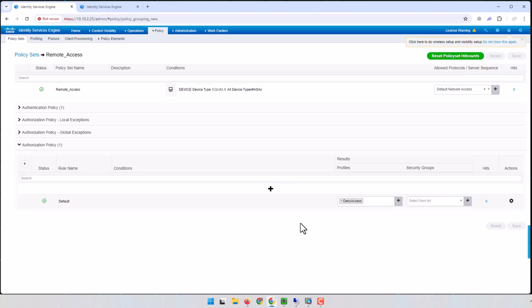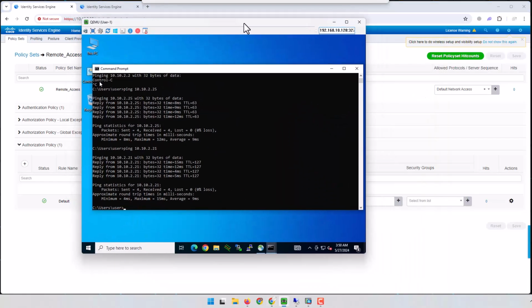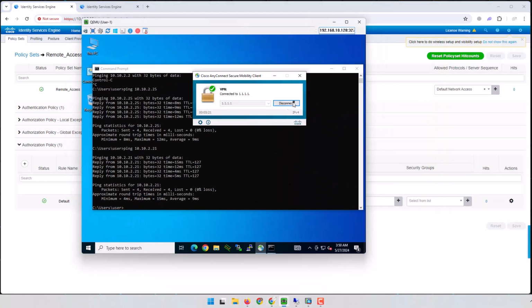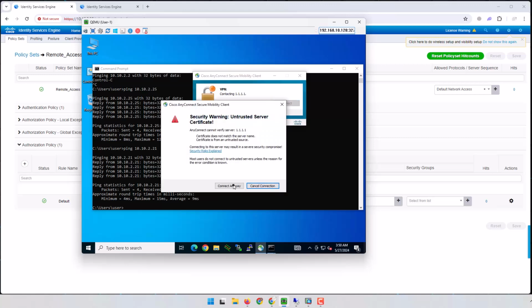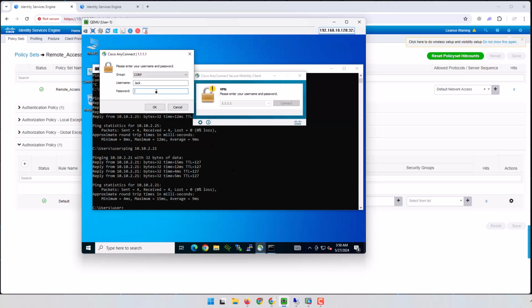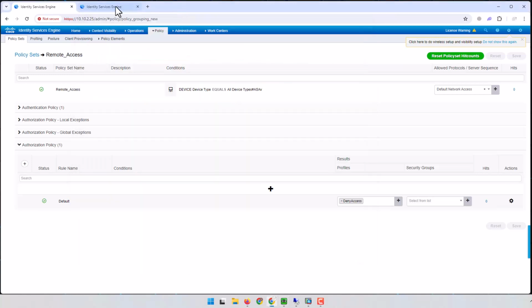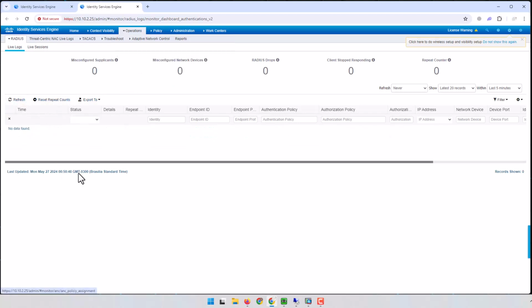And for now, if I just save this and try to access the corporate network using this machine here, let's try that. Let's disconnect it. Every time you change something inside the ISE, you need to disconnect and reconnect, because the policy is going to be downloaded inside the client. Okay, now I'm trying to connect, and this time let's type the password, and you can see that the login failed. And if I go to this and refresh the log,